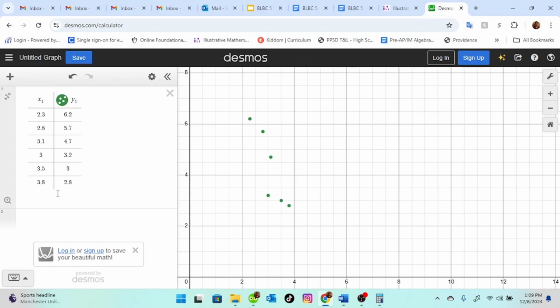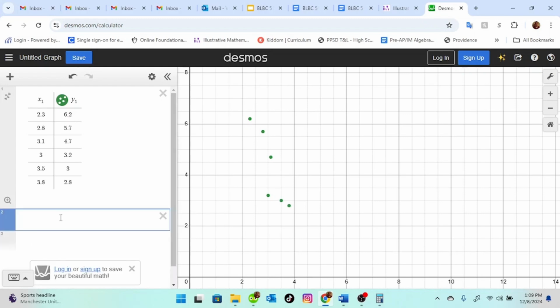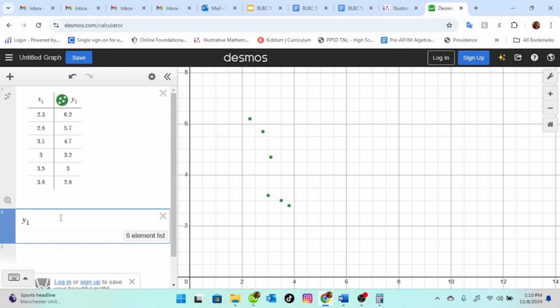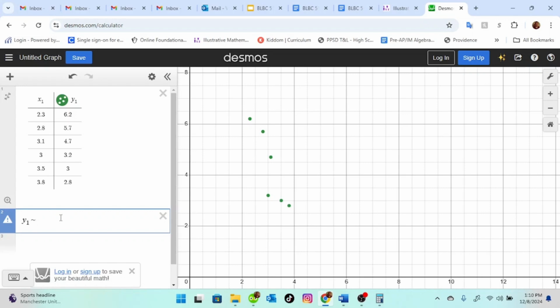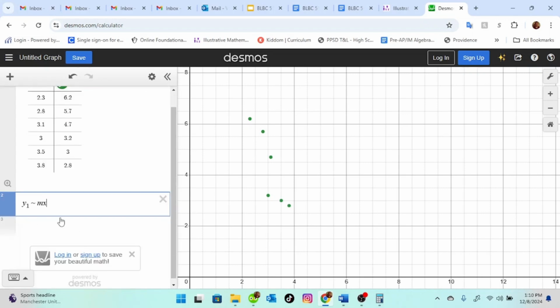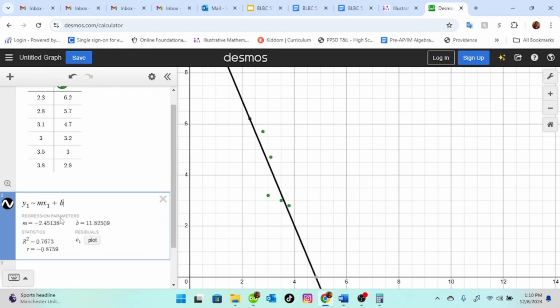Now, if I want my line of best fit, I am going to type in a generic slope-intercept style linear equation. So that is y sub 1